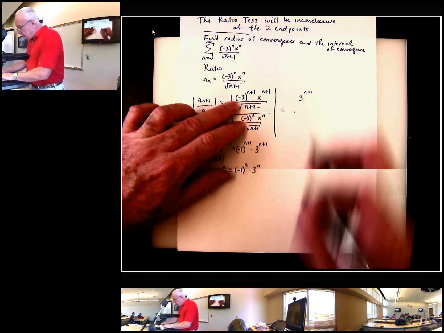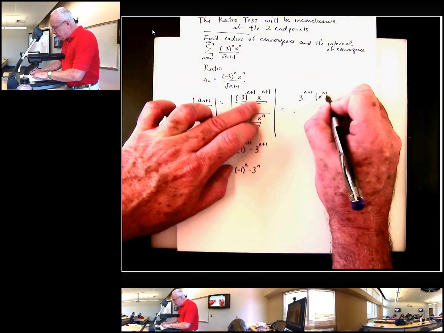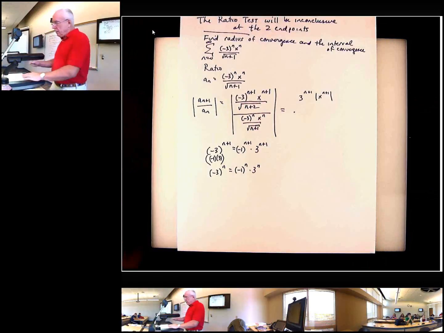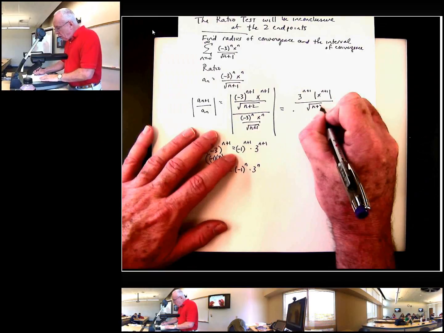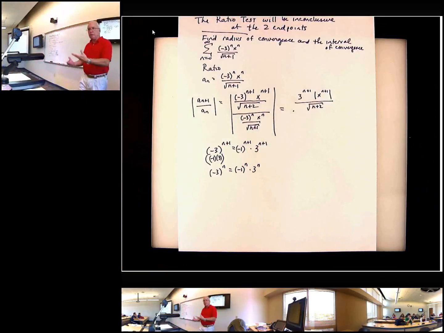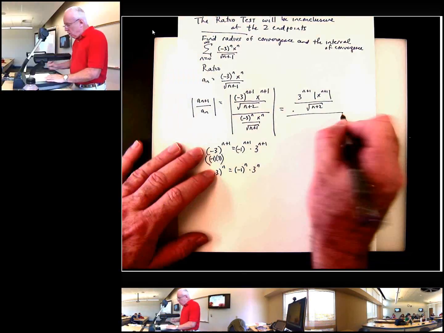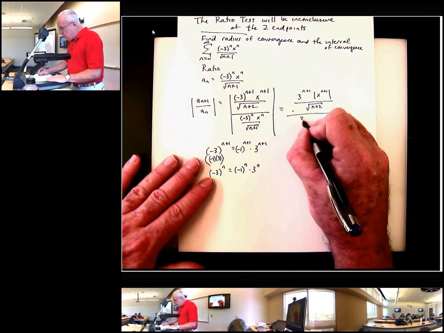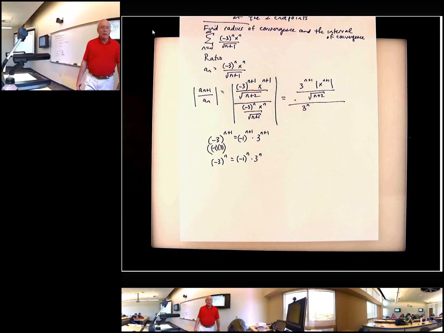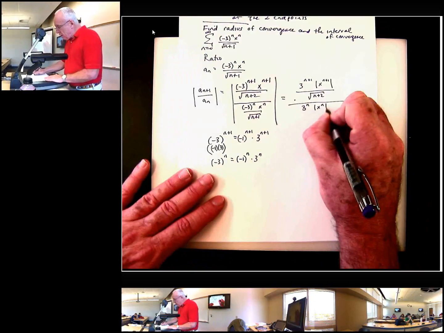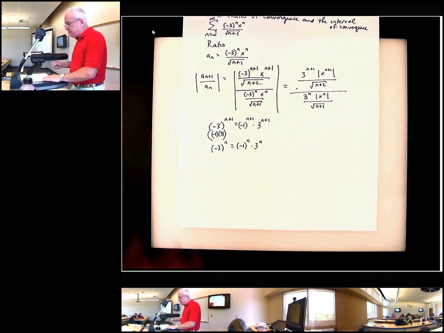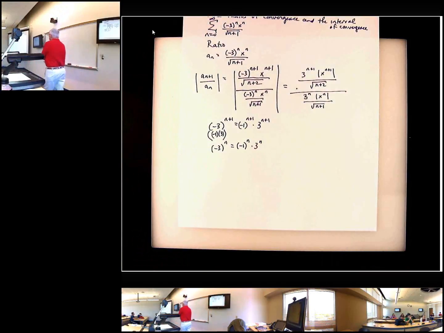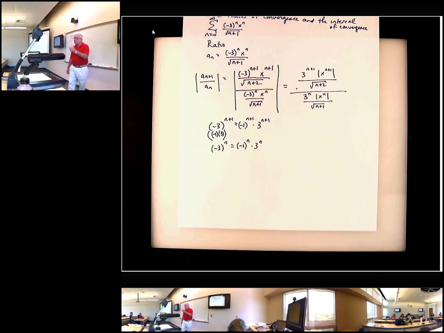Now I still have to keep the absolute value around the x to the n plus 1. So I still have to retain that. And then the square root of n plus 2, that's always going to be a positive number, so I don't have to keep the absolute value surrounding that. So I can rewrite the top part just like that. And the bottom part is also just going to be 3 to the n power without the minus, and I still need to keep the absolute value around the x to the n. Again, I don't have to keep the absolute value around that square root anymore. Of course, that still looks pretty ugly, but when we flip the bottom part around,